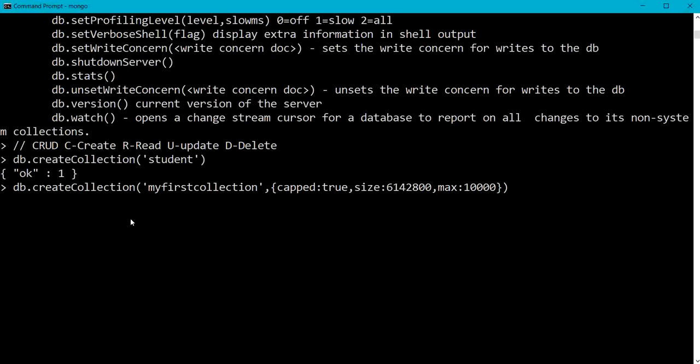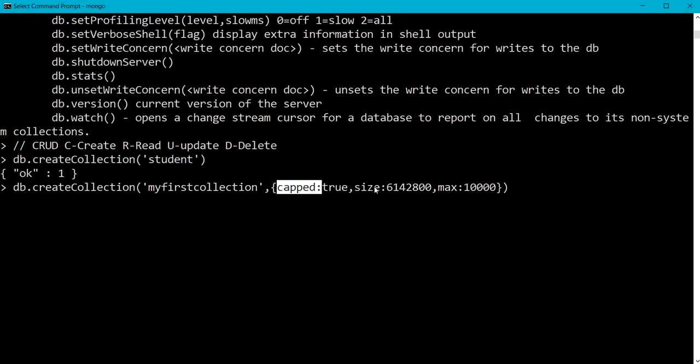What are these options? All these are optional, so we need not use these options mandatorily. The first option, capped, what does it mean? It is a fixed size collection, so it automatically overwrites its oldest entries when it reaches its maximum size. So we can keep capped collection as true or false.